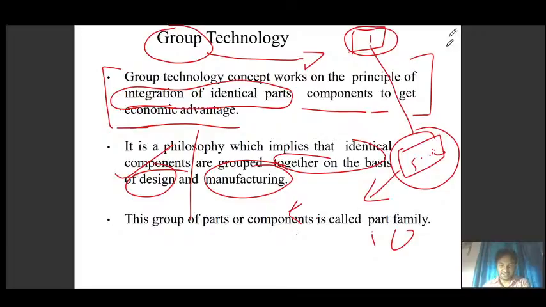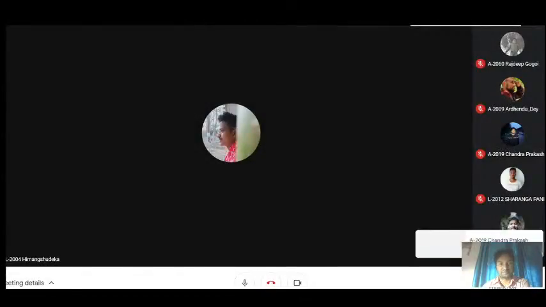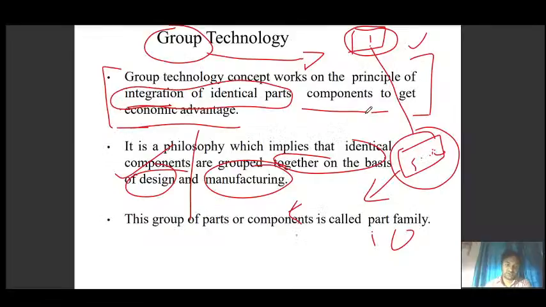So a product can be a single part, or it can be an assembly of many individual parts. Now when we group those parts, it becomes a part family.